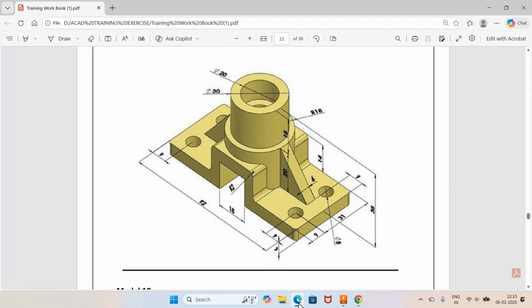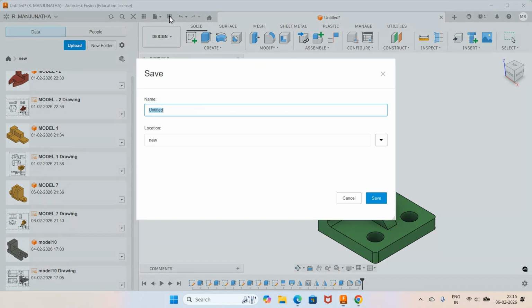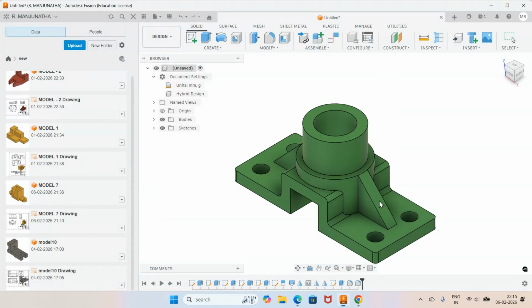I will go for save. I will say model 17. Take model 17. Then click on save. Okay. Once you do that, now we will go for drawing and create the dimensions for this